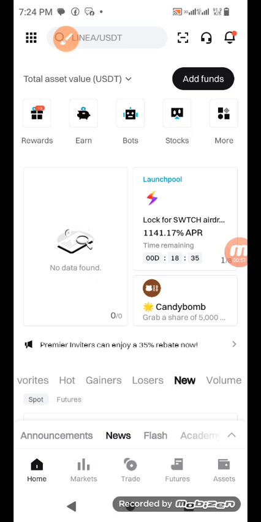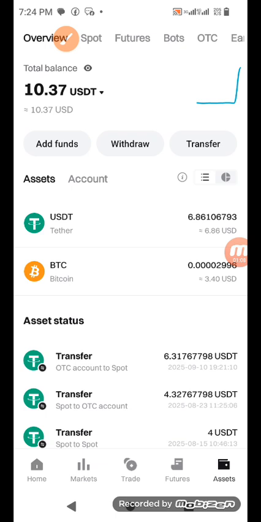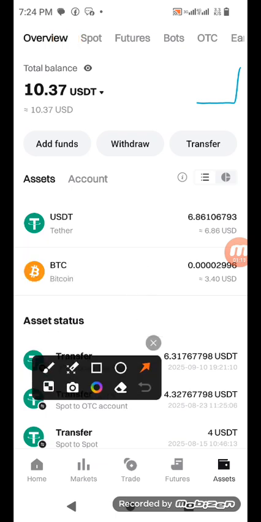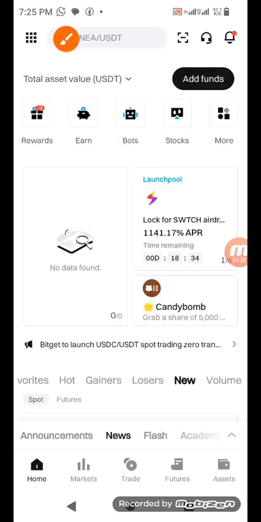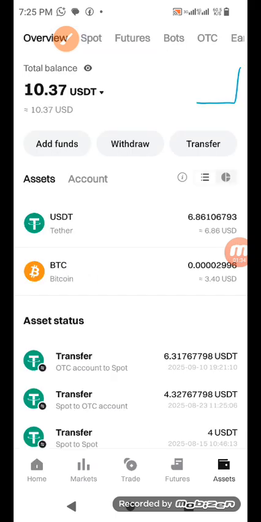Now, in that case, the first thing you need to do is to make sure you have that stable coin in your account as one of your assets. If you check now, go to my assets. In my assets, just look, I have a little BTC here, then I have the stable coin USDT here also, and this is the coin I want to trade with to buy some Pi. So I have it. That settles. I go back to my home page. Now, having been sure of that, make sure also that the USDT you have is on spot. Now let me click on this USDT.